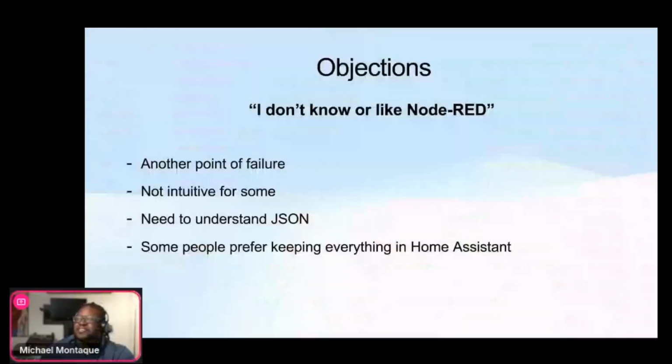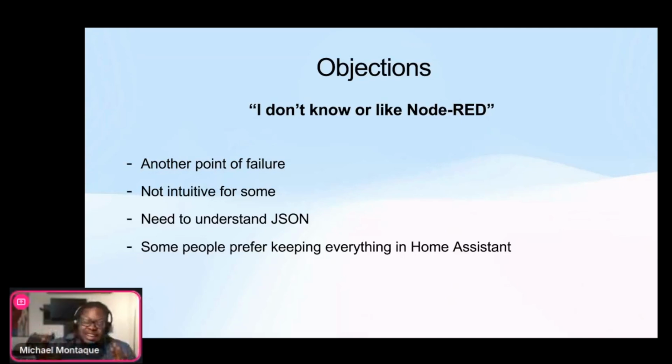Let's move on. So objections, right? With all the videos that I've put out, I've seen reoccurring themes in the comments. One of which is around Node-RED. Like, there's a lot of folks that just don't seem to like Node-RED, and that's fine. I'm not saying that they need to use it. I'm just saying, look how cool it is. If you want to use it, come here. I didn't build it. I have no stake in the game. I have no dog in this fight. I'm just having fun in my kiddie pool over here.